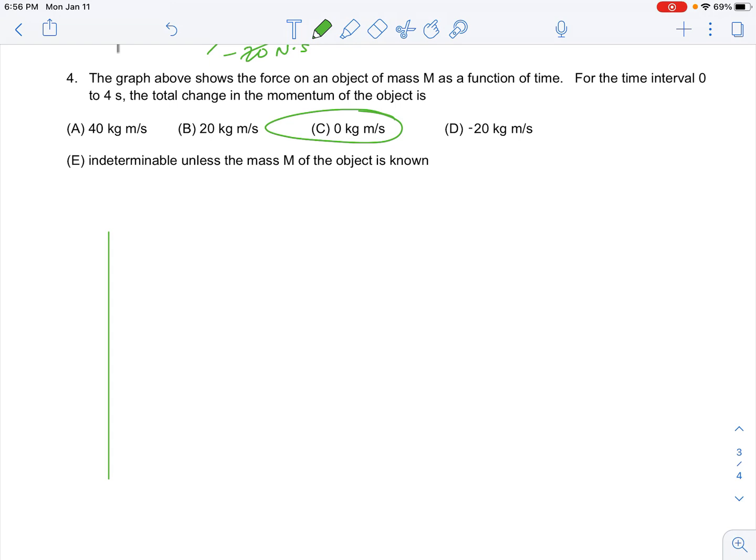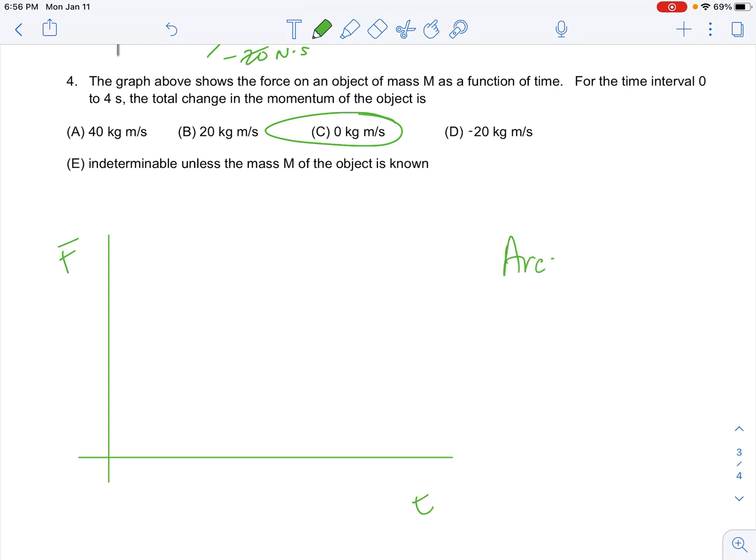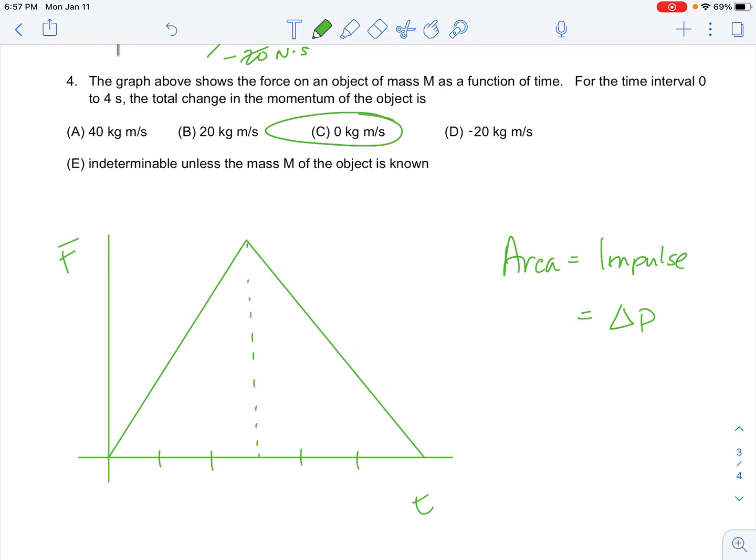So what does this mean? When we see a force versus time graph, the area equals the impulse, and it also equals the change in momentum. Sometimes you may see, or I've seen a lot of graphs from the College Board that are triangular in shape. So let's just do a little practice here. Let's say that that was the scenario, and they asked us to find